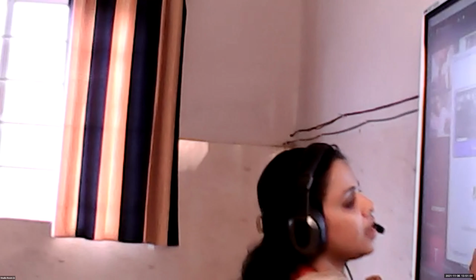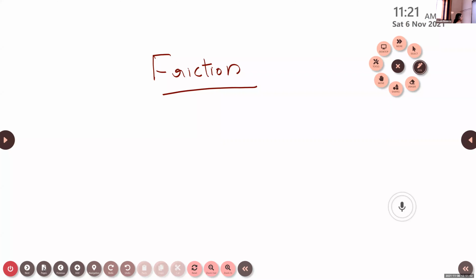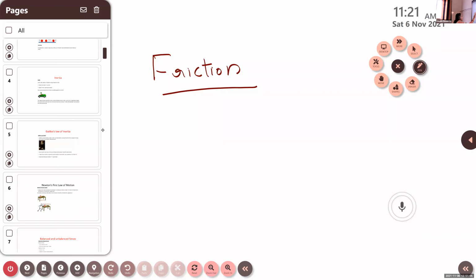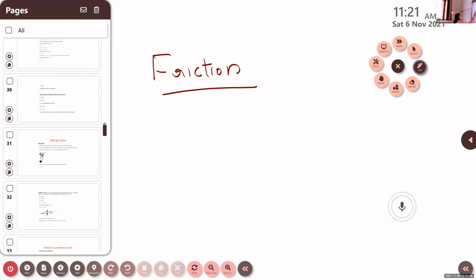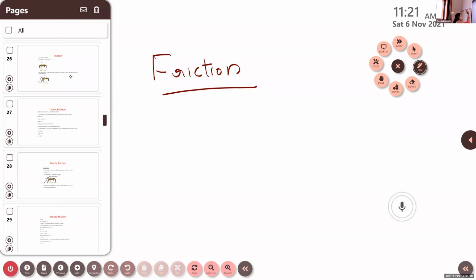Okay, so friction is actually a force which acts between two objects in motion and opposes the relative motion between the objects. And this frictional force arises mainly because of the irregularities of the surfaces. So let us see the definition of friction. First of all, we can define friction. After that, we can discuss its characteristics and the different types of friction. So as you say, it is exactly right.